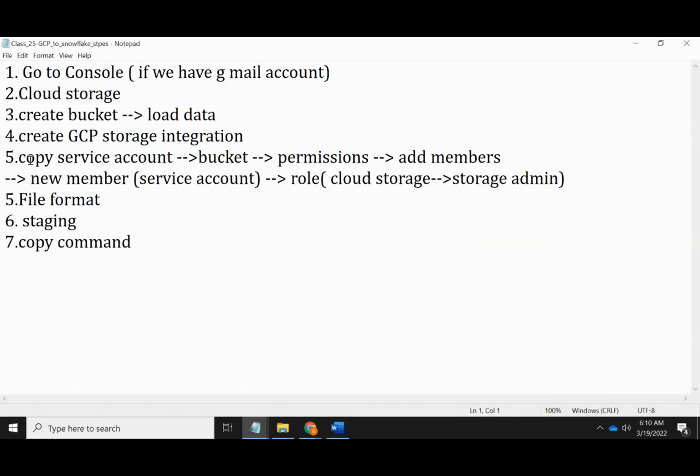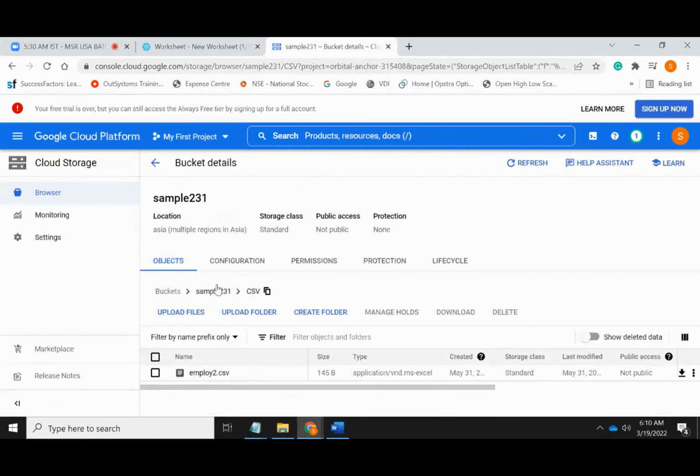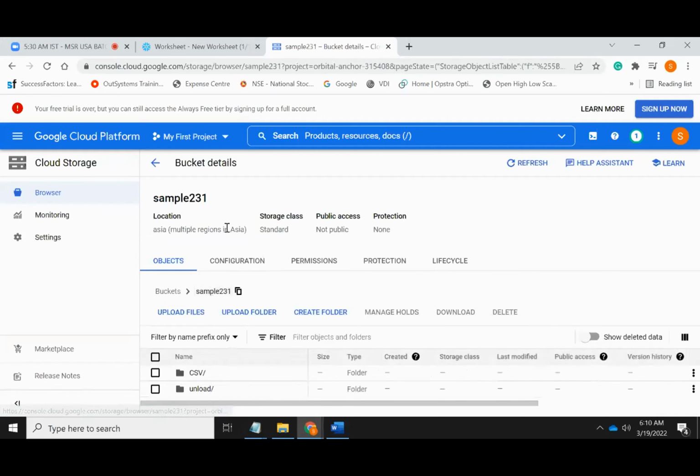See this one, copy that service account. We copied it from the integration. Once it is created, we'll go to the bucket, permission, add members. Now come to that bucket in GCP. This is the bucket, right? This is the bucket. In that bucket,